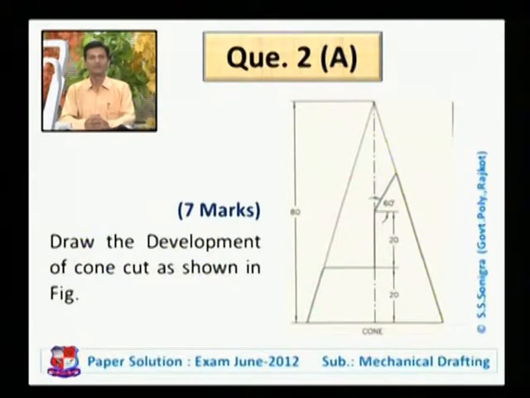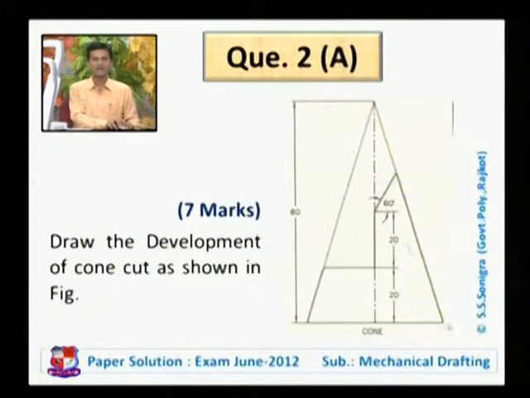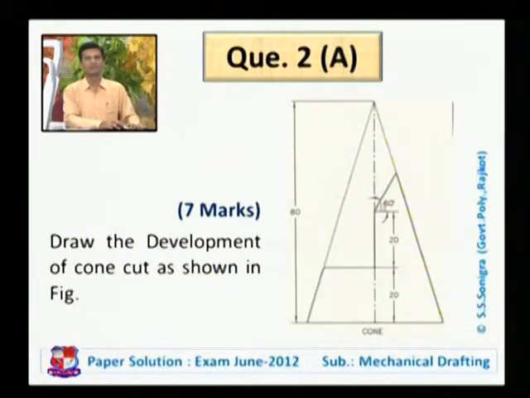So how to draw development of such kind of problem? So for that we know, in case of cone we need to find out the angle covered by the developed portion. So here angle covered by this developed portion, the equation is known to us. That equation is theta is equal to 360 degree into radius upon length of the slant edge. In this figure, radius of this cone is this, and length of slant edge is this. Height is 80 mm, so length of slant edge would be somewhat higher than this height.